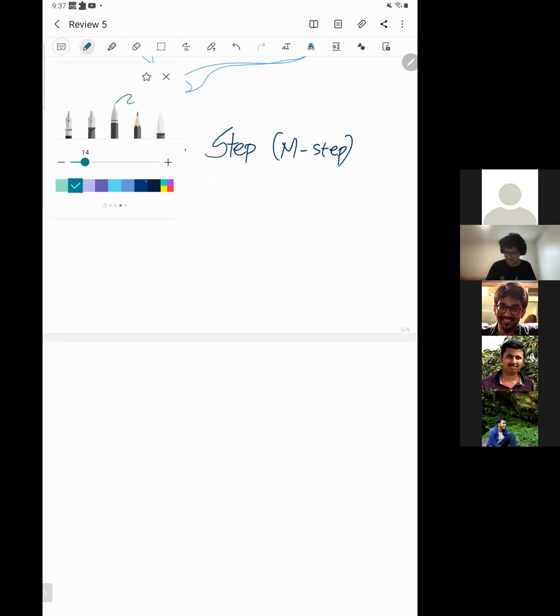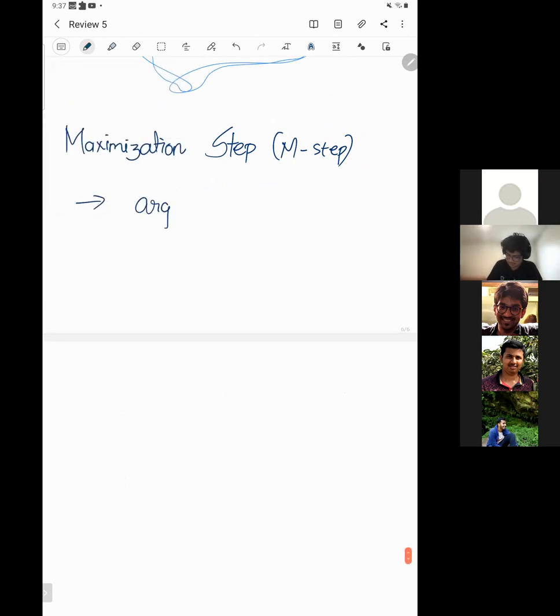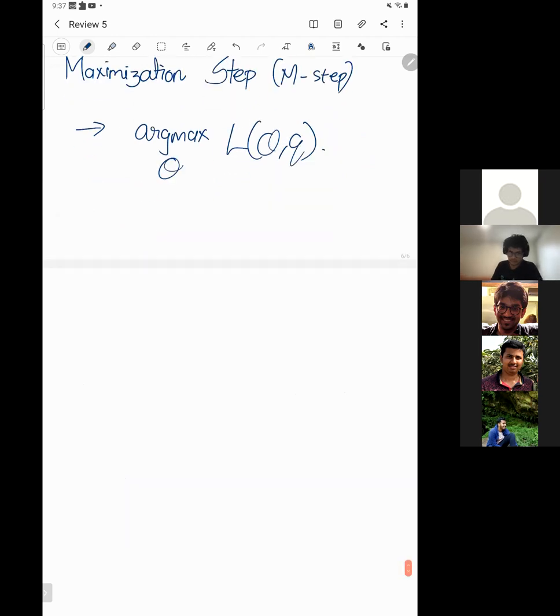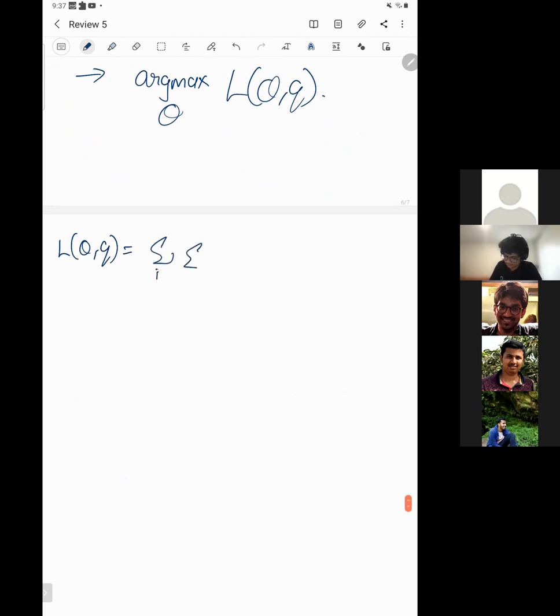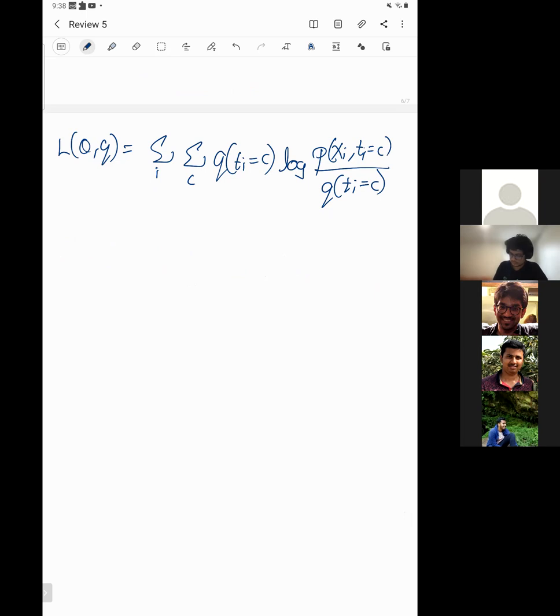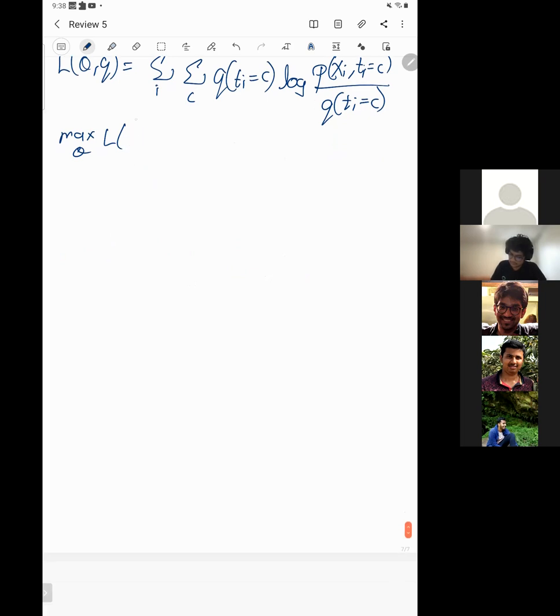So yeah, in the M step, all we need to do is maximize over theta. And now we have I other data points. C are all the values that the latent variable can take in the discrete case. This is a formula for the lower bound. And now maximizing over theta would yield us